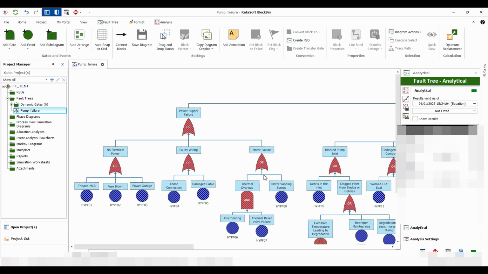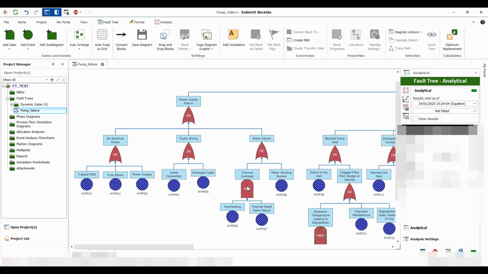In some cases we had to go one level further down, like for example motor failure was given by motor winding burnt and thermal overload, and we found that thermal overload was given by overheating and a thermal relief valve failure. So in this case we've introduced another gate, the AND gate, and to activate the AND gate, both events have to occur. So both overheating and thermal relief valve failure have to occur. It doesn't matter which order, they don't have any priority. As long as both of them occur, then we'll have an activation of this